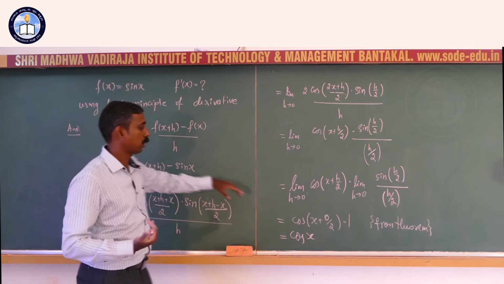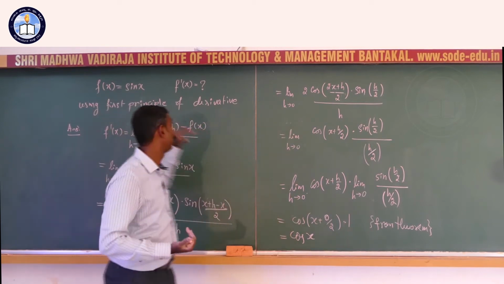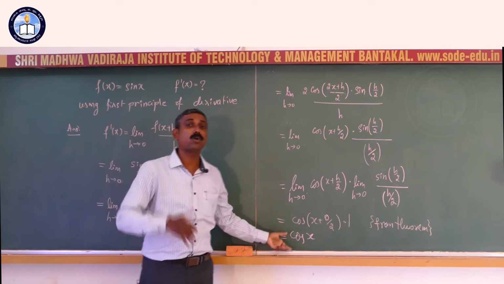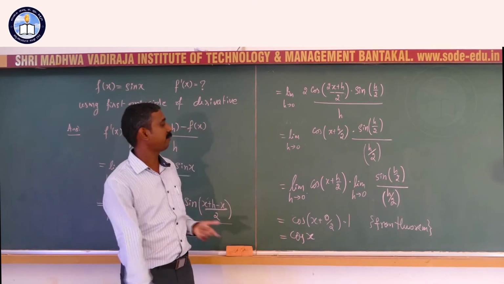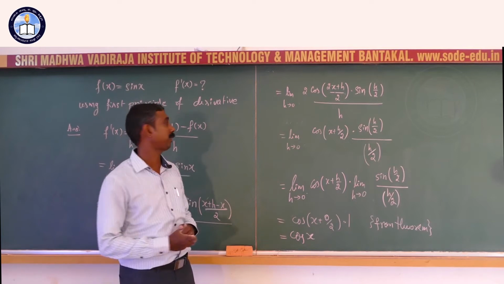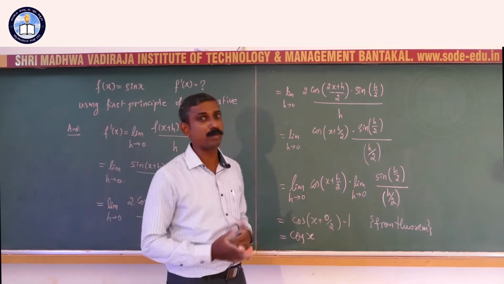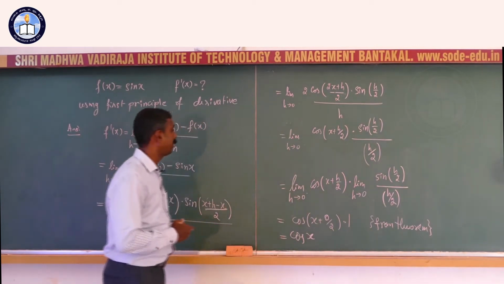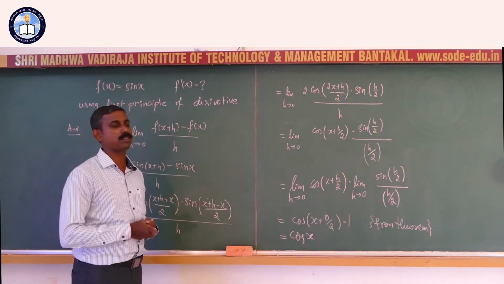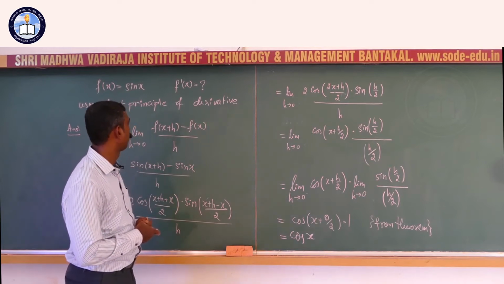So, this cos means cosine. So, sin of x becomes cosine of x. So, the derivative of sine is cosine. So, what is the derivative of cos? That automatically comes to our mind. The next question will be, what will be the derivative of cos x? Let us try to find out again using the first principle of derivative.